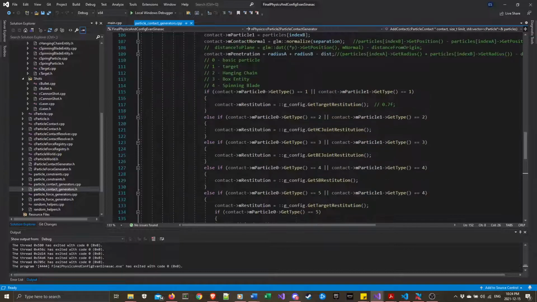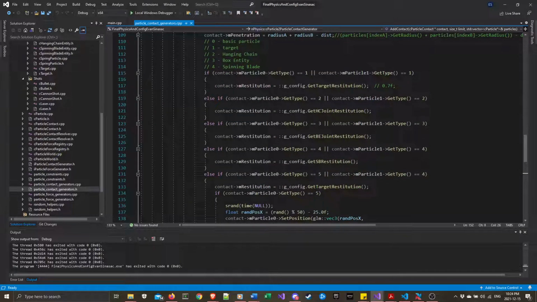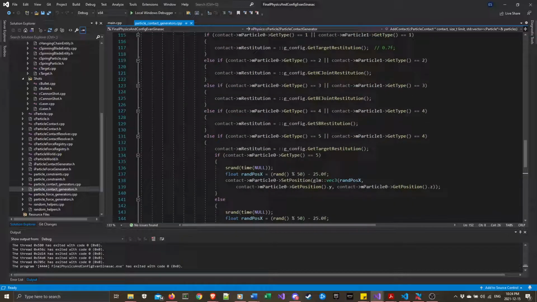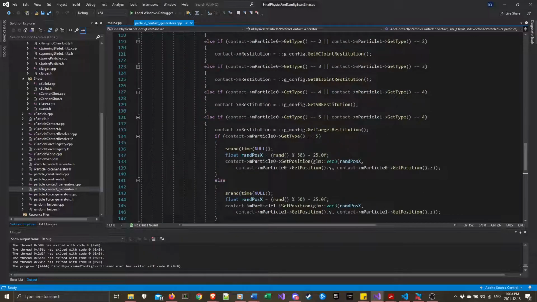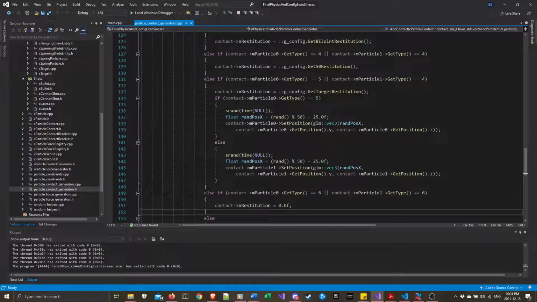So for 1, it's the target, so we get the target restitution. If it's 2, we get the hanging chain restitution for the joints. If it's 3, we get the box entity. If it's 4, we get the spinning blade. If it's 5, that is the target